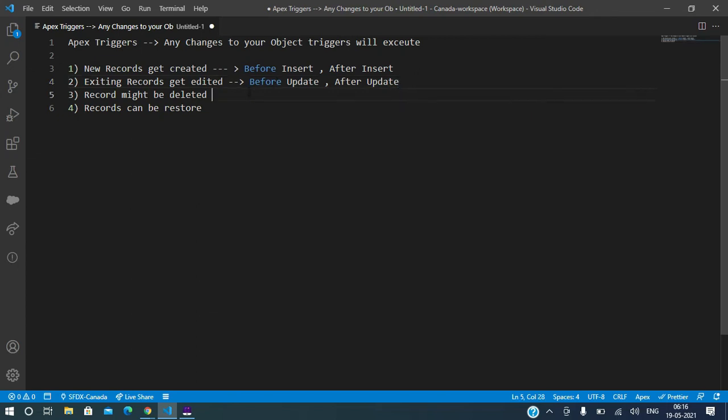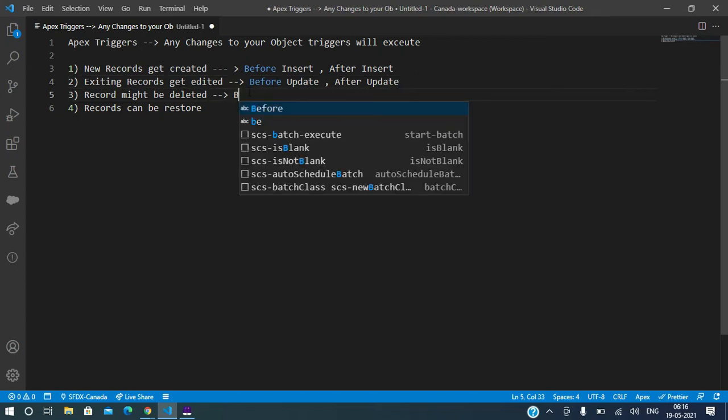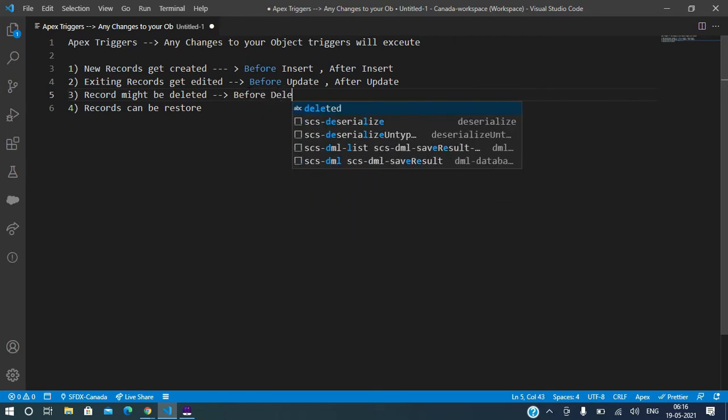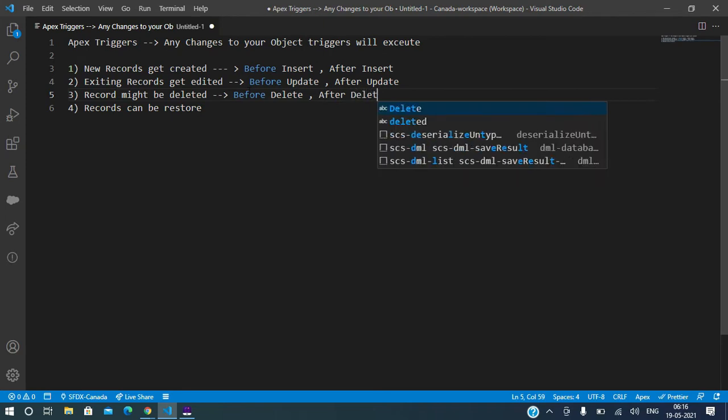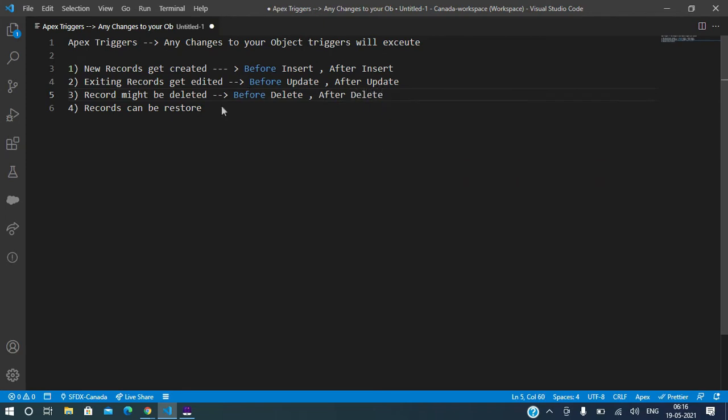What about delete? Before delete and after delete. And for undelete, you have only one event.